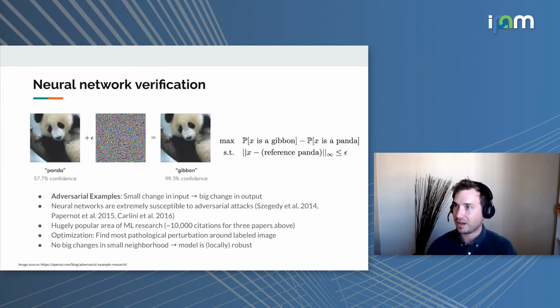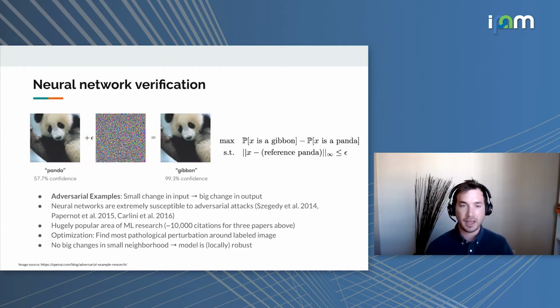Okay, so that's some background on piecewise linear functions. We'll return to them in a second, and now I'm going to tell you about the application in deep learning that we're targeting. And this is neural network verification. The idea is that it's been observed over the past couple of years that you might train a neural network that has really good accuracy in sample and out of sample, but is nonetheless vulnerable to what are called